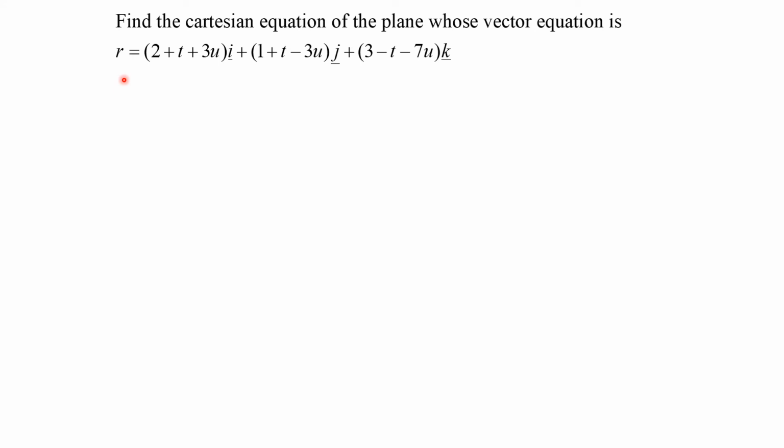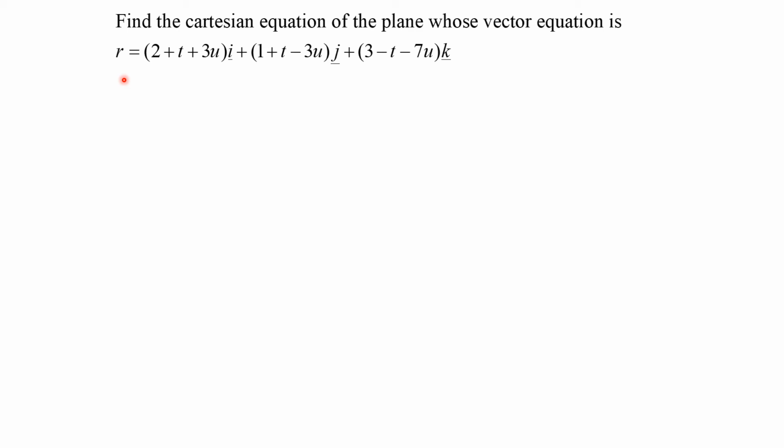So what is a Cartesian equation? Cartesian XYZ axis is a Cartesian axis, right? So you need to convert this into x, y, z, like say ax plus by plus cz equals k. So we need to find a k in the end for a plane equation. So recap back, that particular k is a